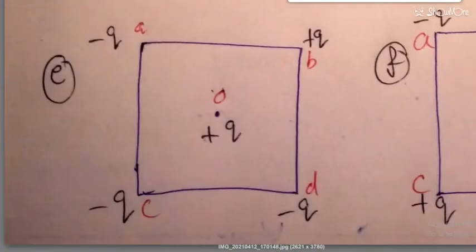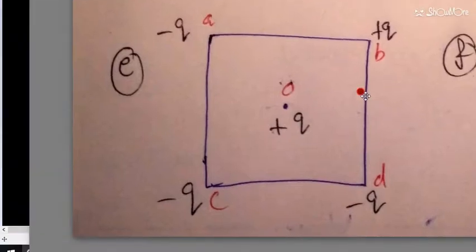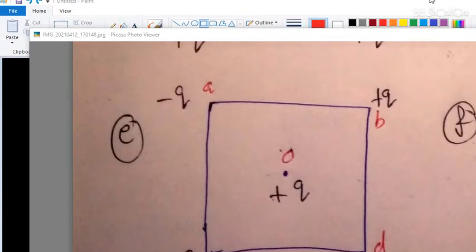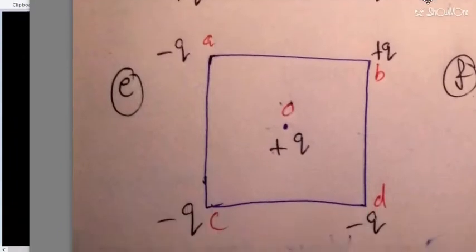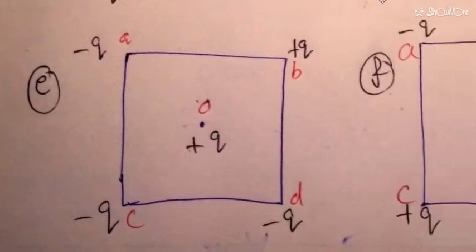Like you can see here in this question, the direction of net force will be towards this direction, so towards OC. In this way you have to solve these types of square problems. Okay, so that is the last question that we are going to discuss. After that I will give some questions based on triangles, equilateral triangle questions. You will get them from me after 1 or 2 days.